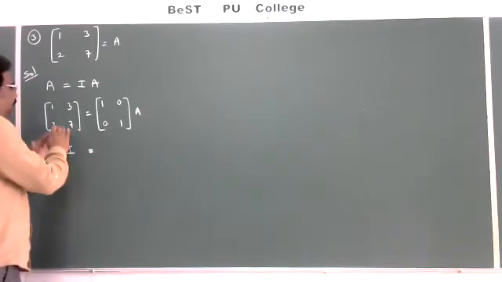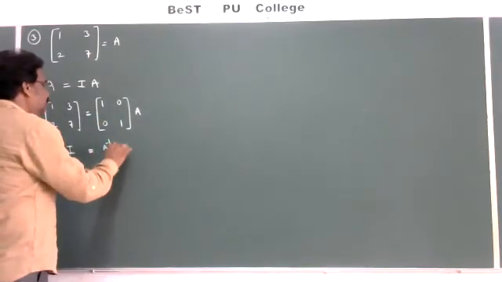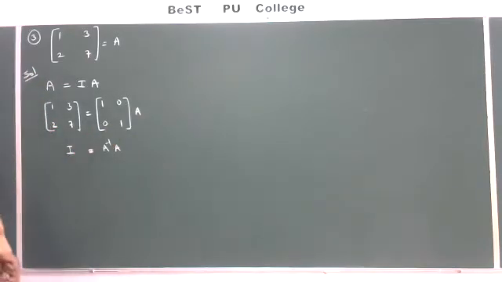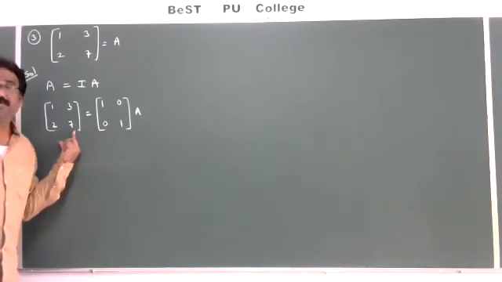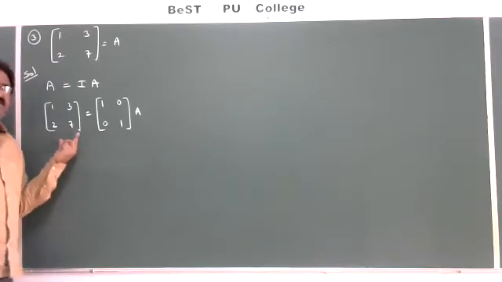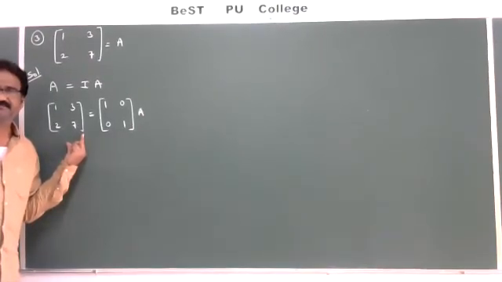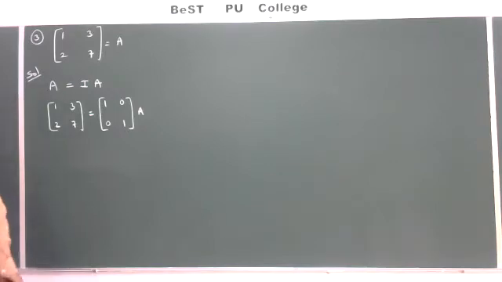What are we doing here? First you make this matrix I. The same operations apply here also. You get some matrix, that is A inverse into A, and then you get A inverse here. That's why our target is first to make this matrix I by using elementary row operations. That is the first step.